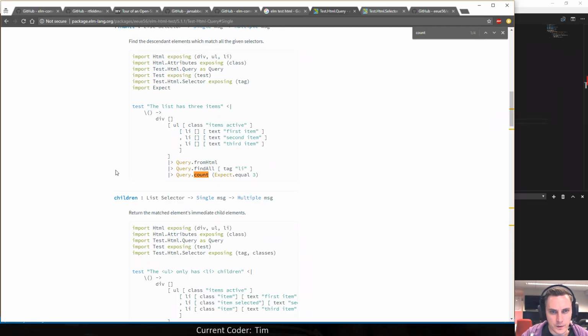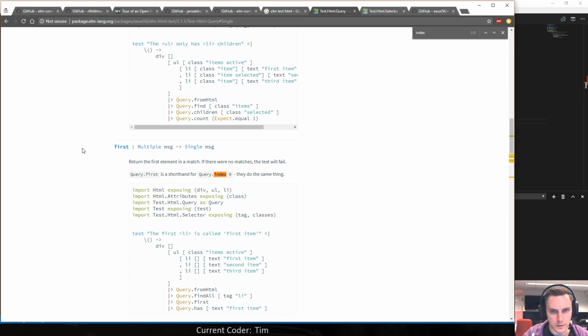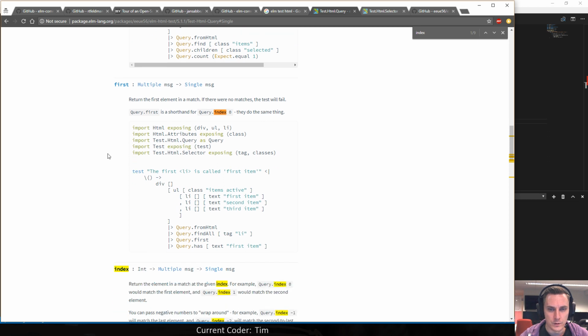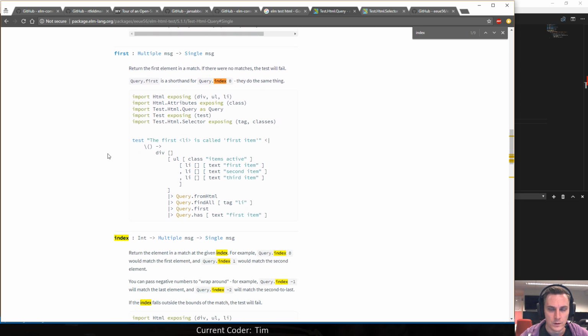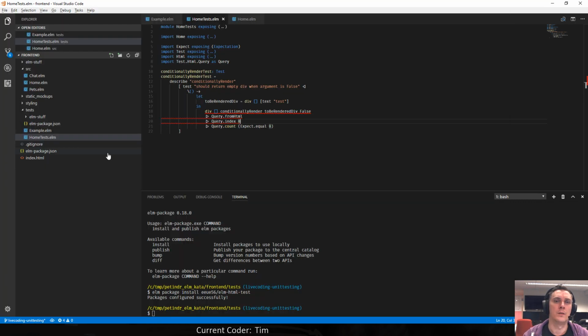And here, this index thing is also wrong. Why is that? Oh, it is a shorthand for query.index 0. Okay.